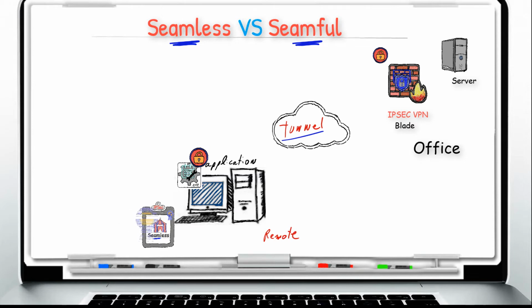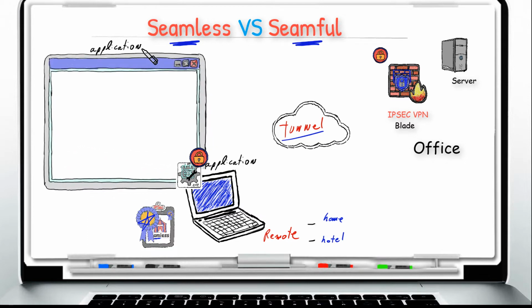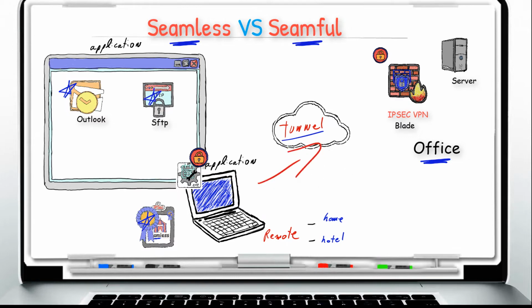And this, I think, is the second biggest selling point for IPSEC VPN: you can use all applications just like you are in the office. In fact, when traveling with my laptop, at home or on the road, I can access all my daily corporate applications and servers just like I was back at the office. For example, I can open Outlook and send and receive emails just like I am in the office. I can seamlessly connect to SFTP servers with my SFTP client application. I can use my instant messaging application to chat directly with coworkers. I can also use our ticketing system to view and update any cases, and view and use other internal servers,